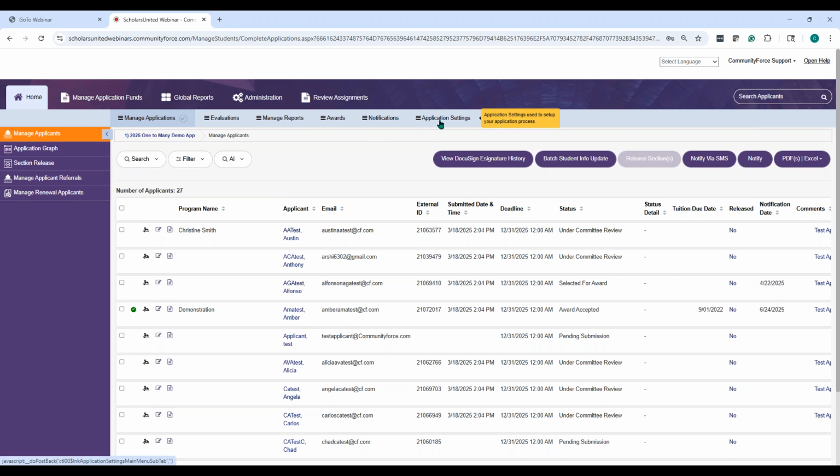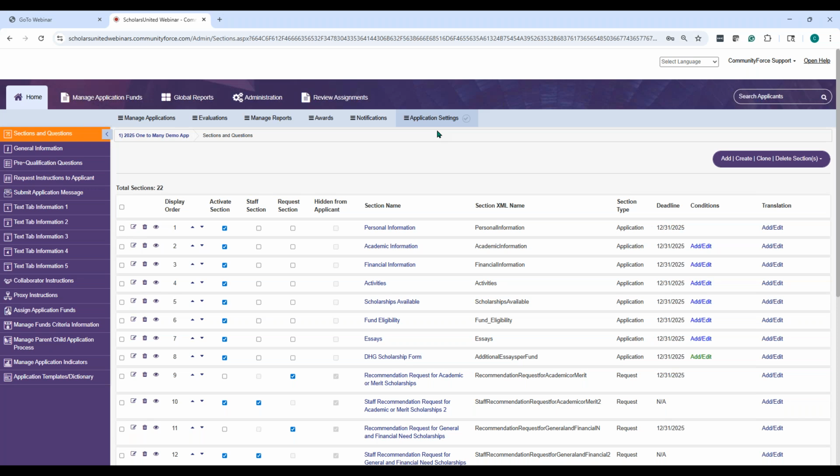And the first thing you want to look at under application settings, when you get there, is the general information screen. You're going to see here there's pre-qualification questions, but before you can even use those, you want to make sure you've activated them on the application form. To activate them so that they're present when an applicant applies, you do need to go into this general information section